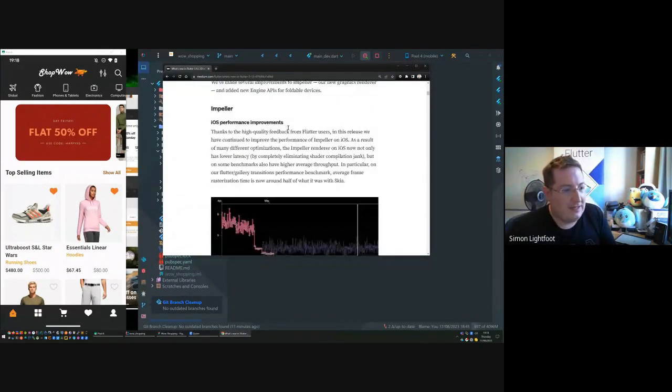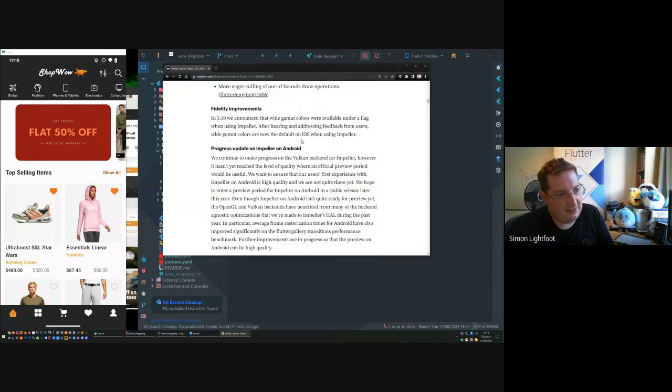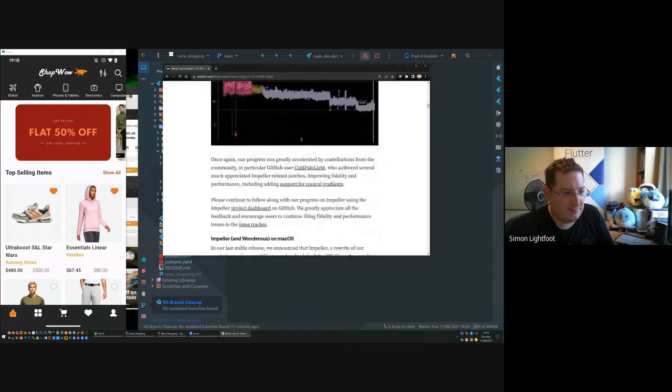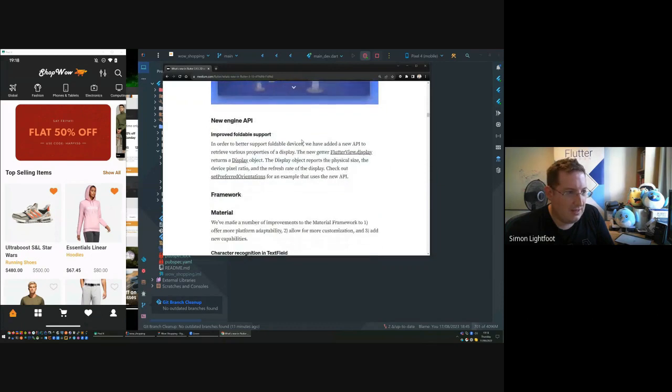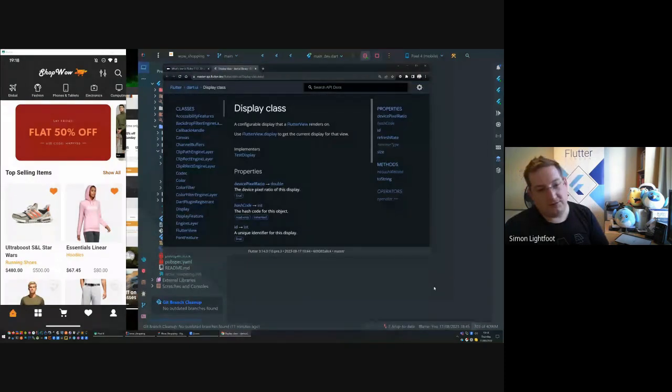Obviously, lots of this involves general Flutter stuff and everything across the board in terms of fidelity and performance and some other things. So highly recommend reading it. We've got some new foldable APIs, which goes into this new display object, which